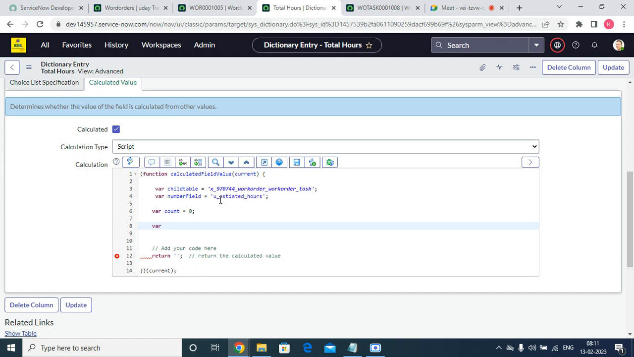If you want to query the table, we have to use the GlideRecord concept. The GlideRecord concept is, if you want to fetch the table name, we can use the GlideRecord concept for the same thing here. So for example, wtask, which is nothing but work order task, equals new GlideRecord. GlideRecord is an API which will be used to